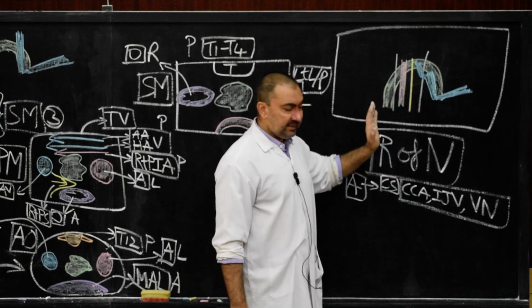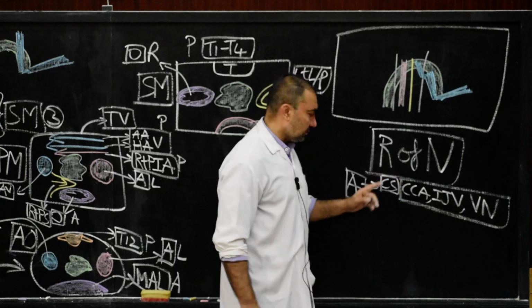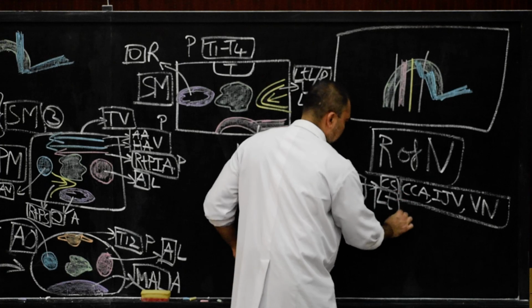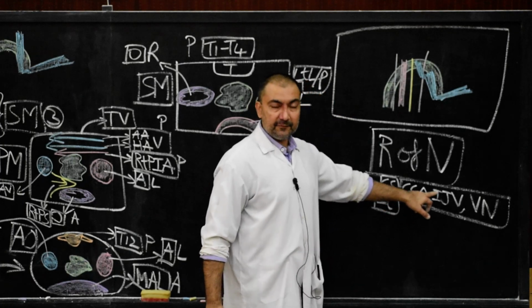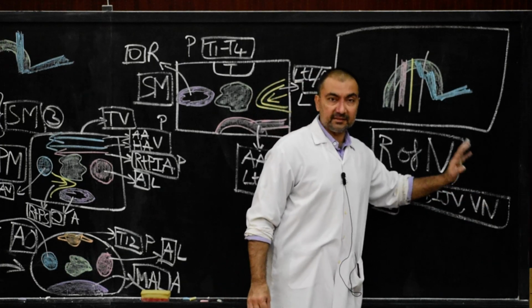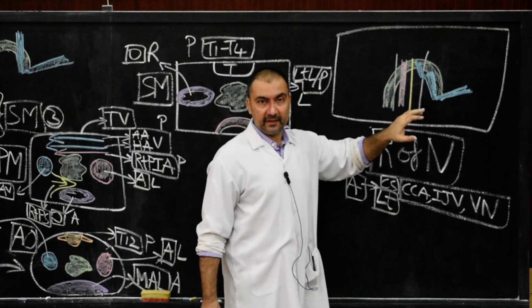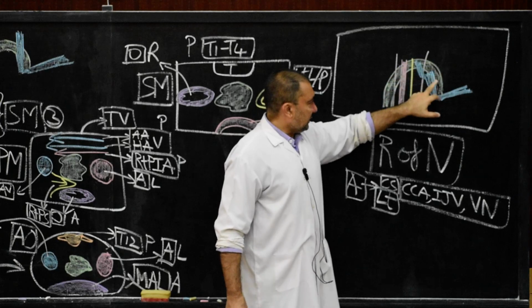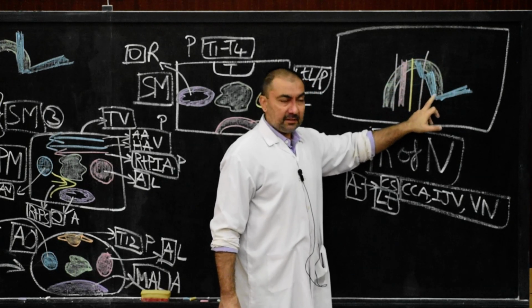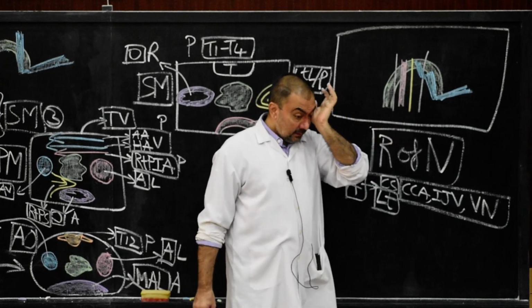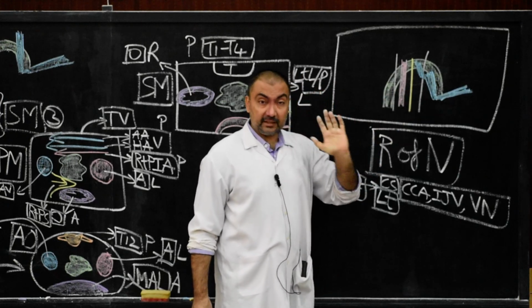Now note down, these structures are on the left side. So you have to mention here the left side carotid sheath, the left side common carotid artery, left side internal jugular vein and the left side vagus nerve. Because the thoracic duct will terminate at the junction of the left internal jugular and left subclavian vein, that is why it is on the left side. So therefore anterior relations are over.